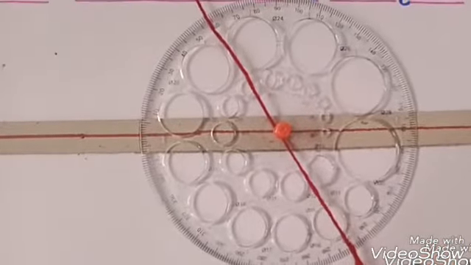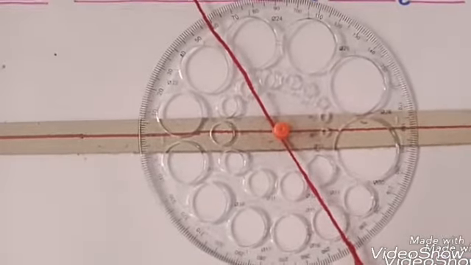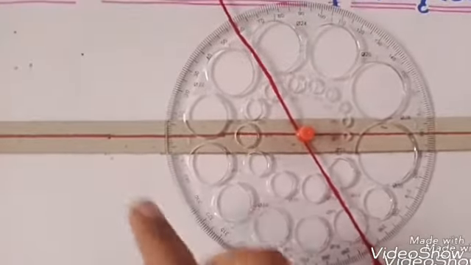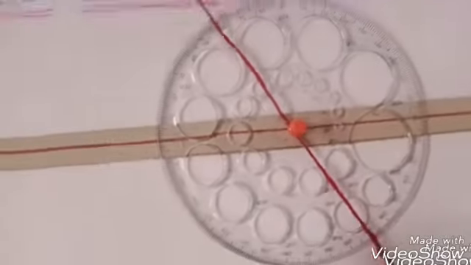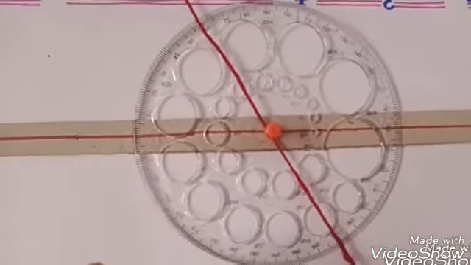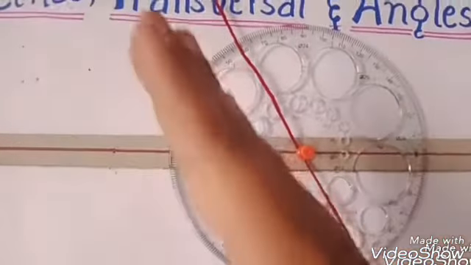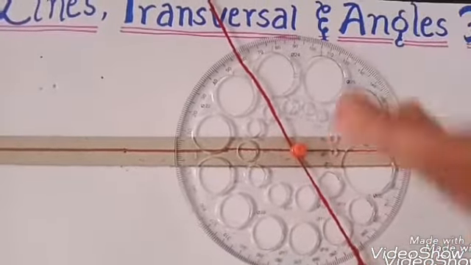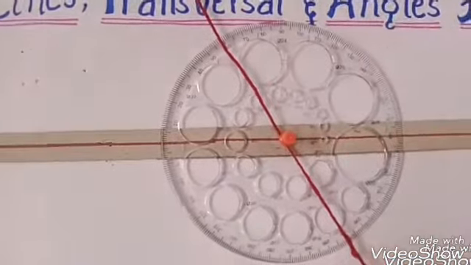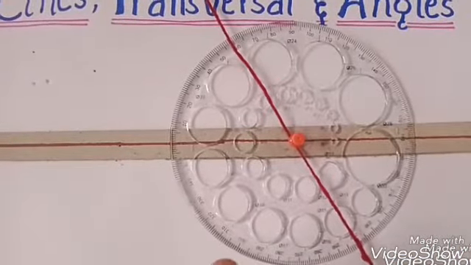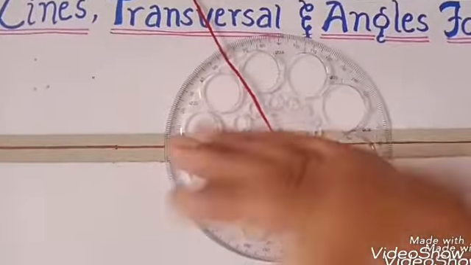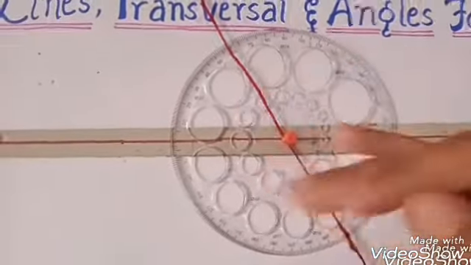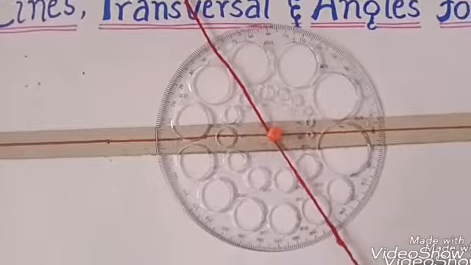That type of angles we call vertically opposite angles. Now on this side, from 240 to 360 degrees, how much does it become? It is 120 degrees. In the same way, from 60 degrees to 180 degrees, here also we have 120 degrees. So these two are vertically opposite angles. The first thing we have learned: this is in the shape of the letter X. Whatever angles are formed on opposite sides, we call them vertically opposite angles.